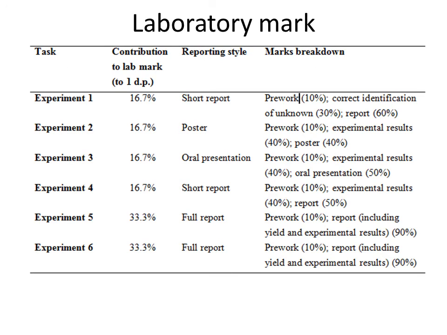The marks breakdown for the course can be found in the introduction to the lab manual. You will see that for all experiments, the pre-work counts 10%, and the remainder of the mark will be a combination of experimental results and the experimental reporting method. For experiment 1, you will need to write a short report. For experiment 2, you will be preparing a poster. For experiment 3, you and a partner will give an oral presentation. Experiment 4 will again be assessed with a short report, while for experiments 5 and 6 you will write a